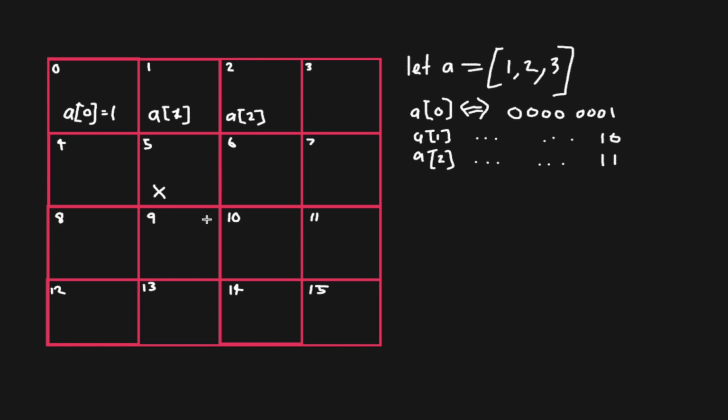But with dynamic arrays, it's a little different. This time we don't need contiguous memory slots because we leverage a pointer to point to the next free memory slot. So as discussed in the video about memory, each memory slot has both a memory address and a potential value